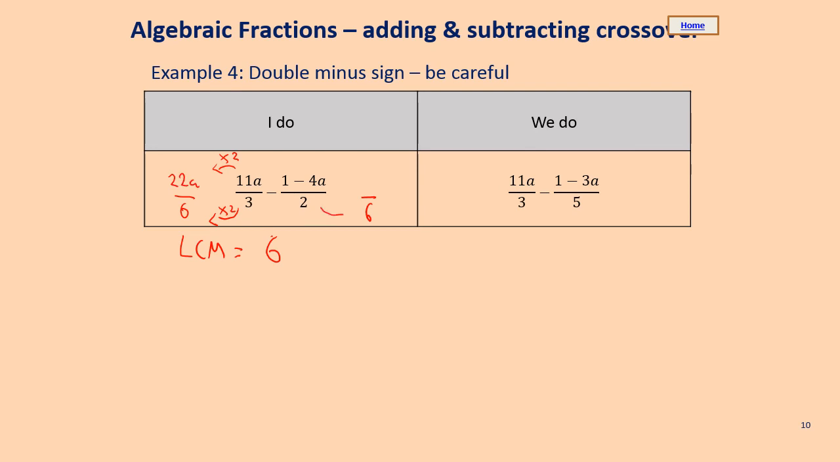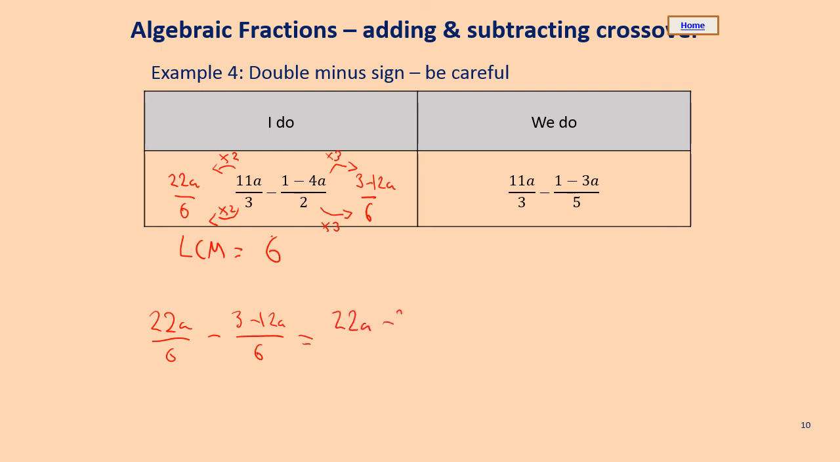Second fraction, we need to multiply the bottom by 3. So we need to do the same to the top as well. So it's going to be 3 minus 12a over 6. And we're subtracting these, so it's 22a over 6 minus 3 minus 12a over 6. Write it as one fraction, so 22a